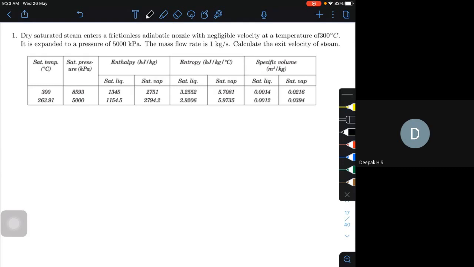Now, let's try to draw the HS diagram and solve this. Before doing this, let's put an HS diagram like this, so that it will help you understand better. Okay, this is my HS diagram. And usually, what type of expansion it is? When I am trying to use this particular thing, I should be able to use the dome.